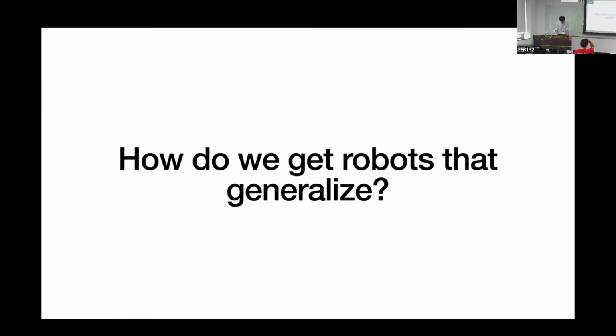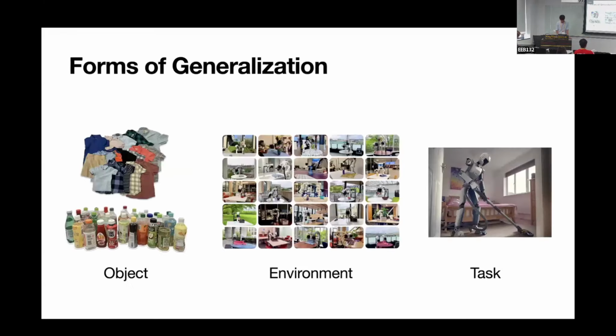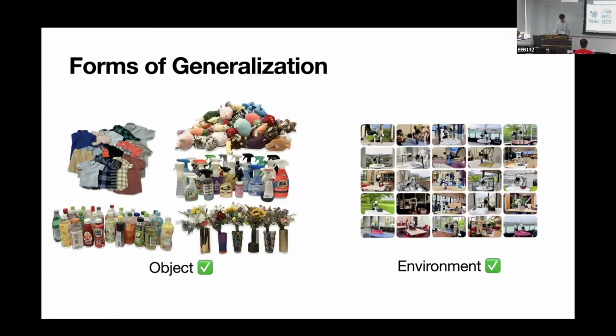So, I guess one question we're all interested in here is how do we get robots that can generalize? Generalize to different objects, generalize to different environments, and maybe generalize to different tasks as well. In this work, we're mostly interested in object and environment generalizing. And we also touch upon some embodiment and task generalization. But the main focus is object